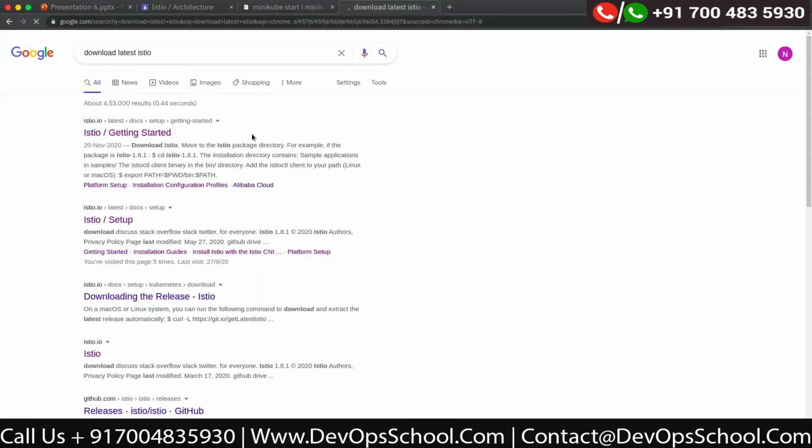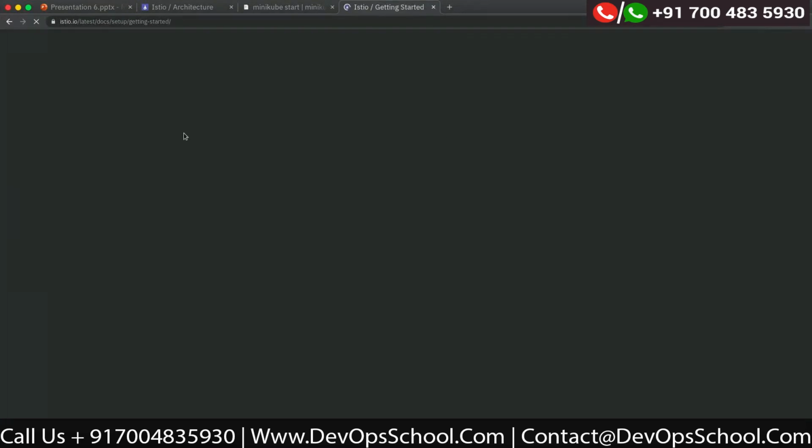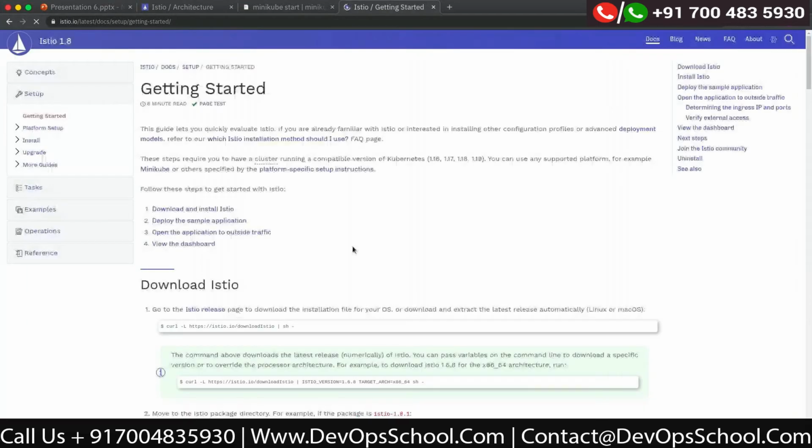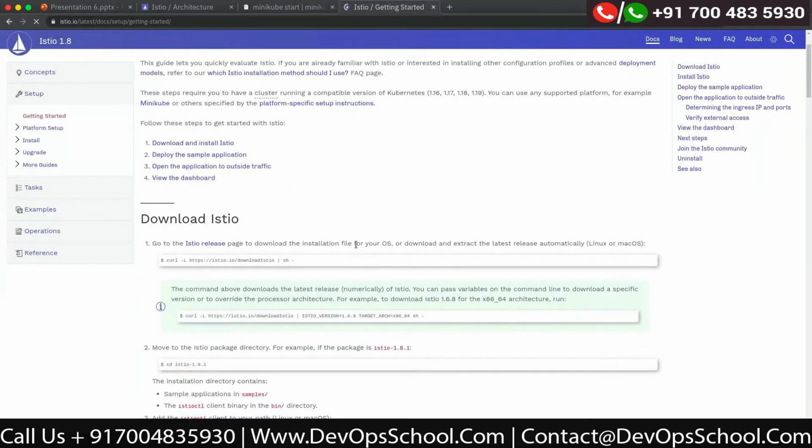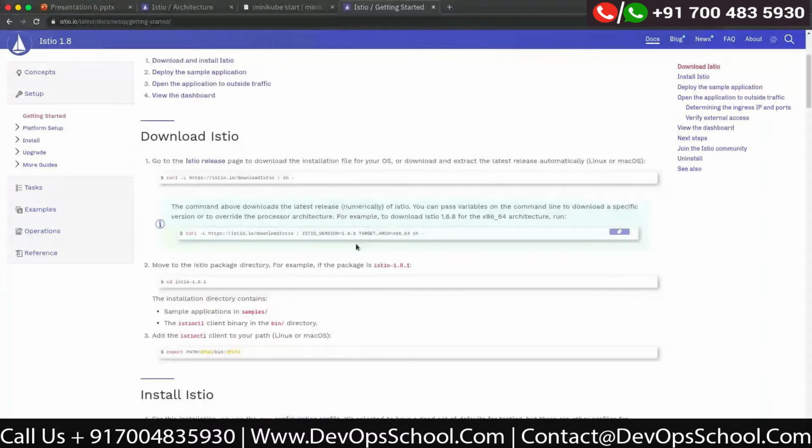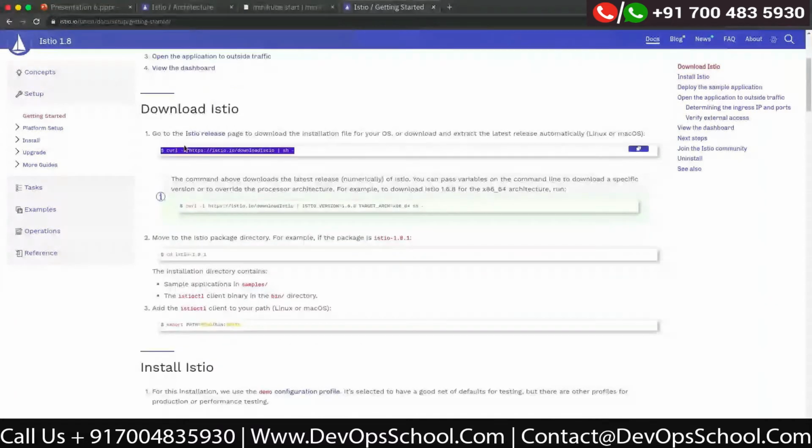If you go to getting started, it will give you the link. So this will download the latest release for you. If you do a curl to this one, it will download the latest version, which is 1.8.1.